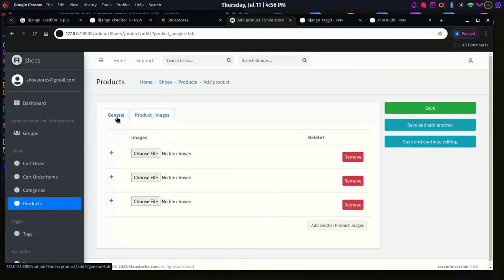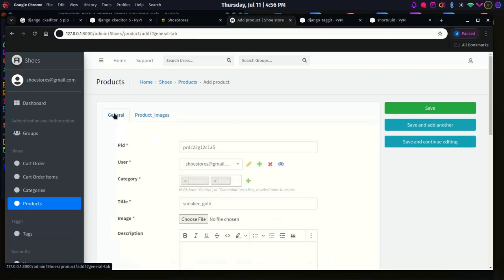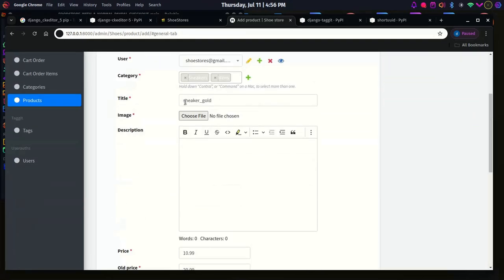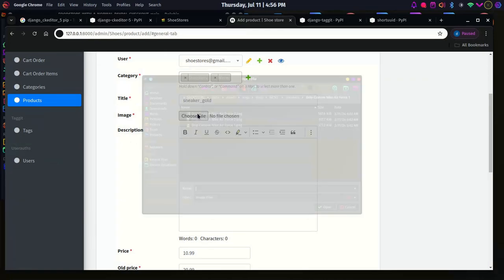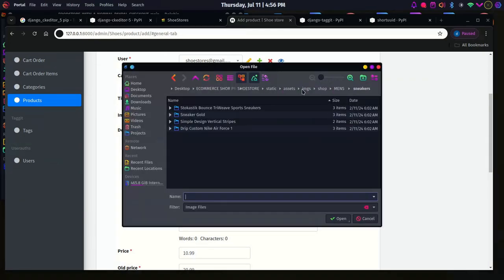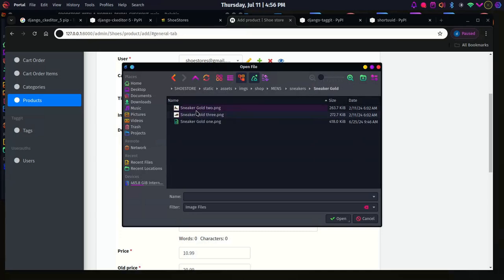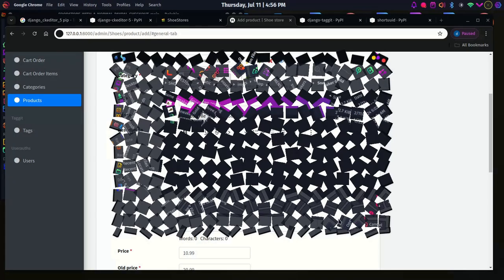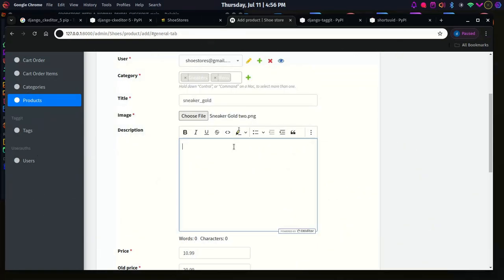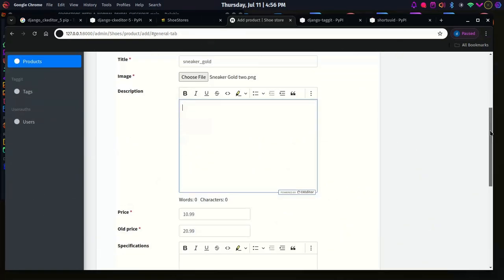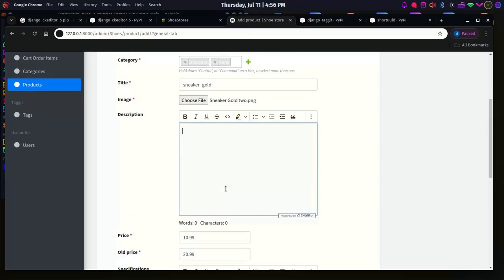I'm going to leave the name as sneaker gold as the default. Then I'm going to choose an image. I'm just going to go to sneakers, sneaker gold, choose one of these images, image 2, like that. Then description, I can come up with a simple description. Or I can use ChatGPT. Let me just tell it,